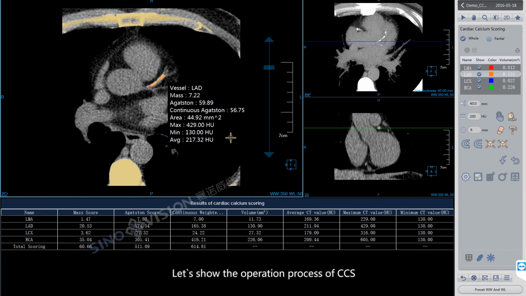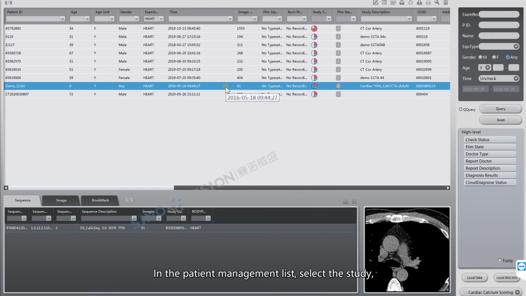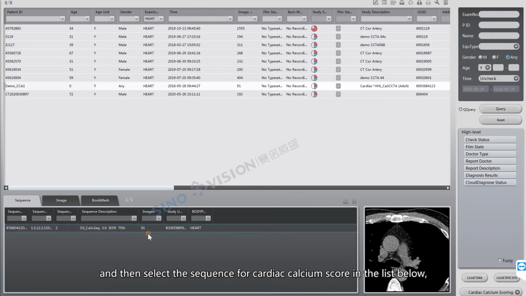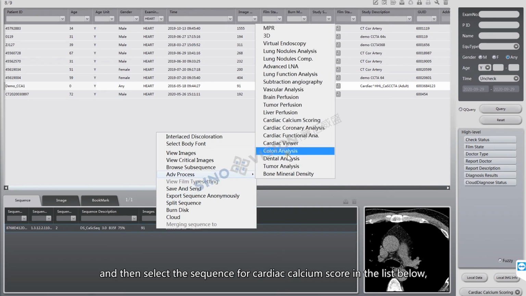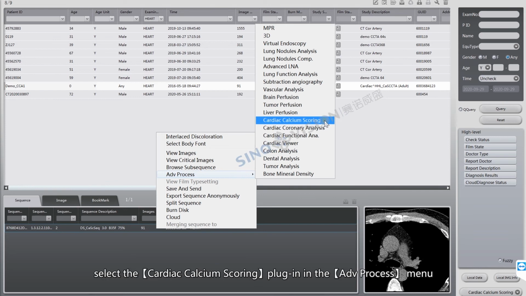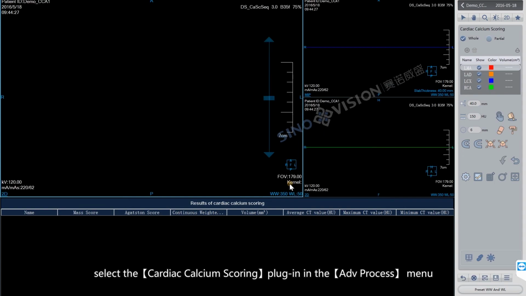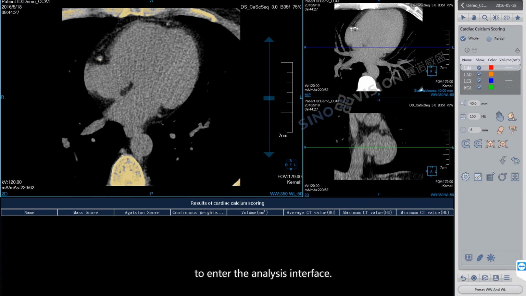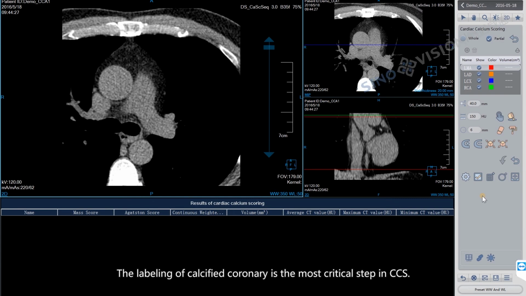Let us show the operation process of CCS. In the patient management list, select the study, and then select the sequence for cardiac calcium score in the list below. Click the right mouse button and select the cardiac calcium scoring plugin in the Add Process menu to enter the analysis interface. On the cardiac calcium score analysis interface, the labeling of calcified coronary is the most critical step